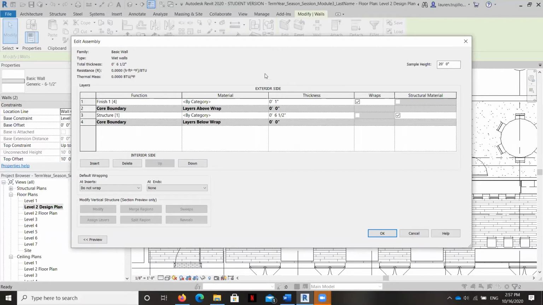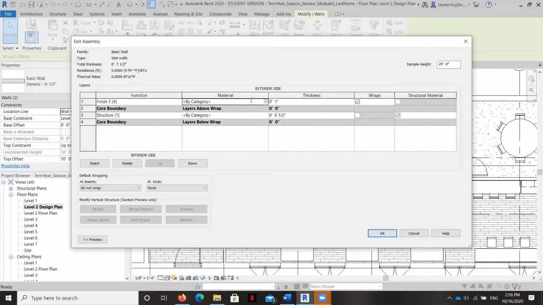This is a slightly different method because instead of applying a finish layer that we can then duplicate and copy to every place that we want a wall finish, and which would allow us to change the actual finish material, I'm just adding a finish to these specific walls. And the reason I did an edit type on the wall was because if I didn't, then any place we saw that basic wall throughout the project or ever again would have this wall finish on it, being the tile that we're about to put on. But I just want it on these two particular walls. So you'll see what I mean in a second.